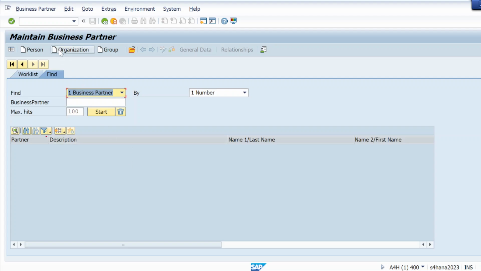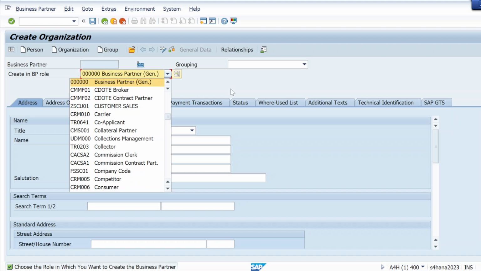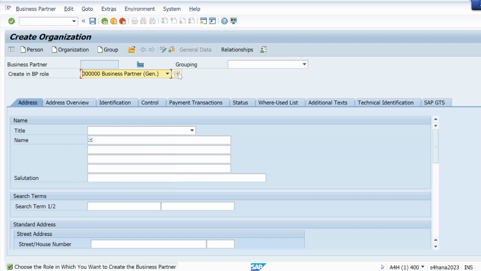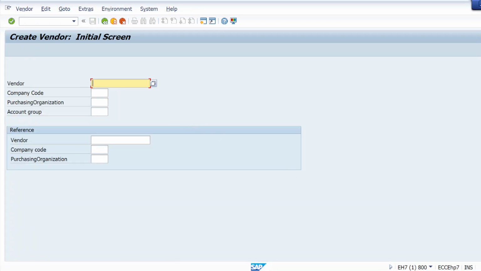and here we will select an organization, and here you can see the roles. In ECC we need not select roles; we were just using T code XK01 for vendor, and giving the vendor number, company code, purchasing org, account group, all these details as you have seen here, and hit enter, and give the details.